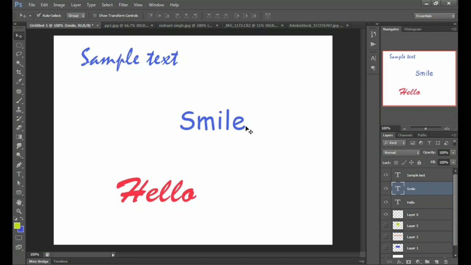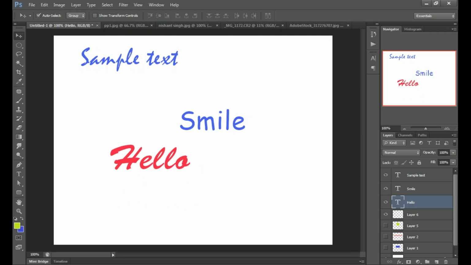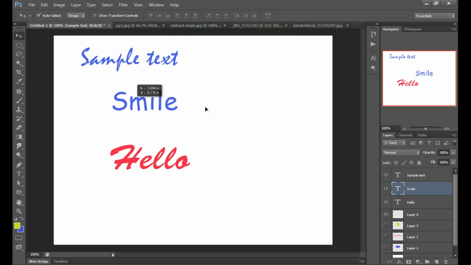Actually, in Photoshop, layers are like pages, blank pages. If we have every content on a different page, we can move the pages. If we write or create all the things on the same paper and want to erase or move something, it will not be possible. So we create a new layer for everything, and text creates layers automatically. We don't need to do anything for that. Okay, text is clear.